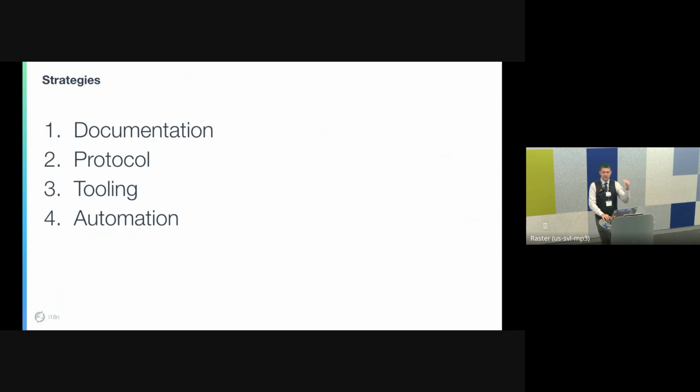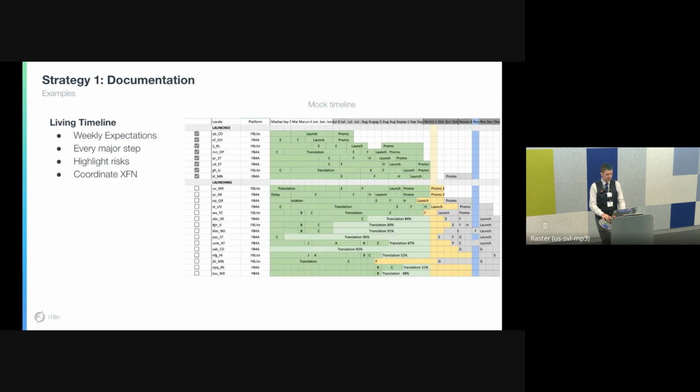Of course, none of these steps are actually doing the work, because ultimately what we want to do is provide localized content. But if we do these four things first, then it will be much easier to actually do the work, and we'll do it sustainably and actually keep a good bar of quality for our support for end users. So let's first talk about documentation.